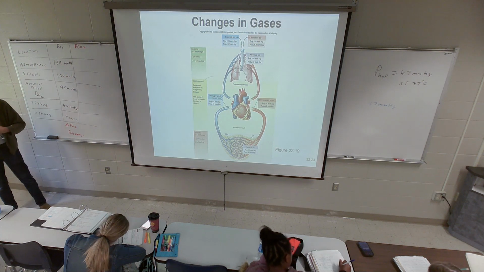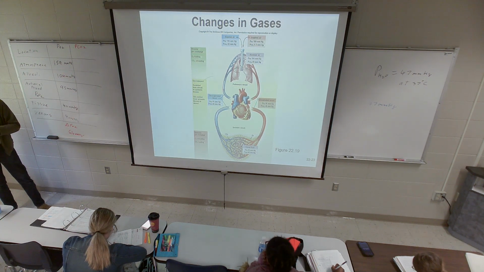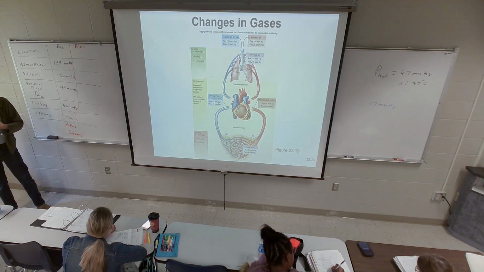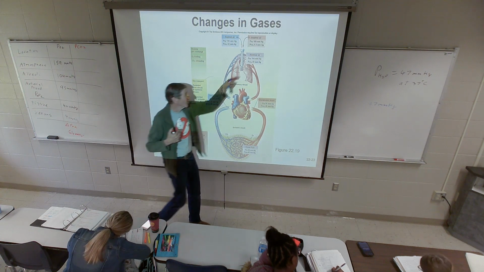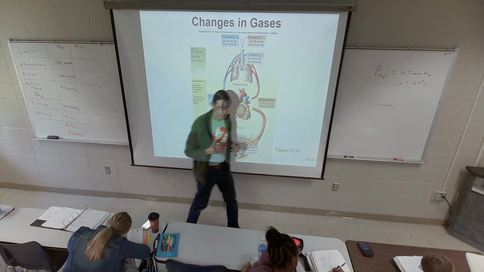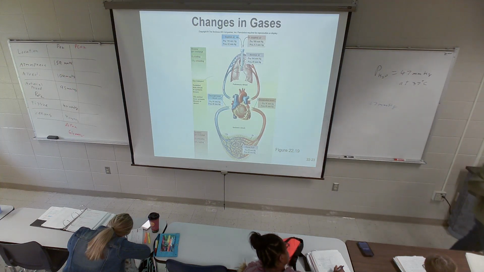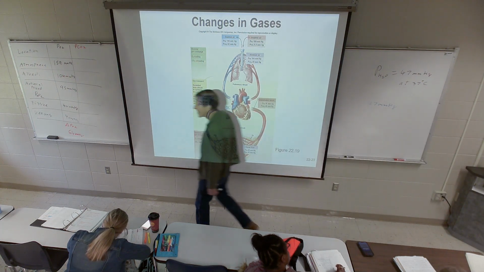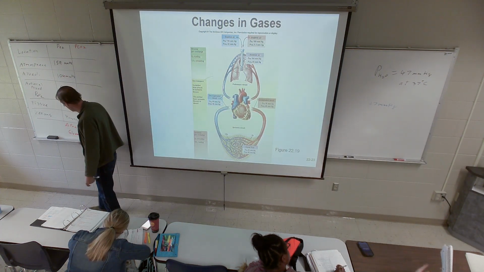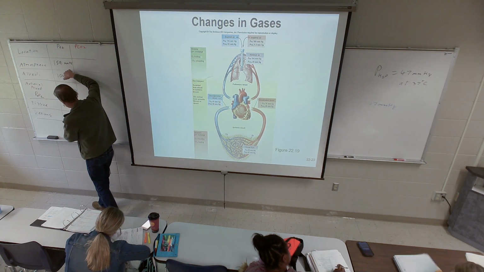Right, does that make sense? That's your concentration gradient. So you've got a PO2 of 104 in the alveoli, the blood coming in has a PO2 of 40. So there's a partial pressure gradient of 64 millimeters of mercury, basically pushing the oxygen from the alveoli into the blood. Now remember that, because now we're going to look at another gas. So those are just the points around the respiratory and circulatory system. Let's do the same. So the partial pressure gradient or difference for O2 is 64 between the lungs and the blood.